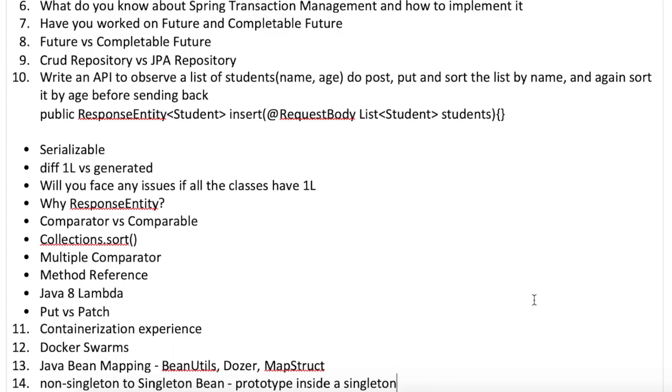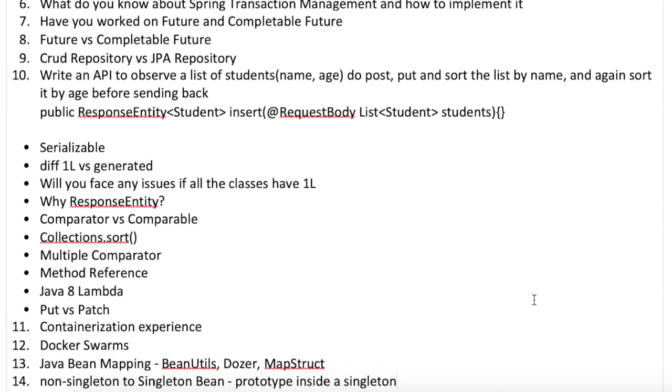Patch is, if you want to update only a part of your object, a part of your record, then you can use a patch for it. Then he was asking me how would you ingest a patch request. So I said you can do it through a map, okay? Obviously the request that comes into your application, when you're using a REST application, is going to be a map of elements. So you can use a map to ingest the unknown elements and then map it to the different elements in your database and update it. So that's a few things that I explained.